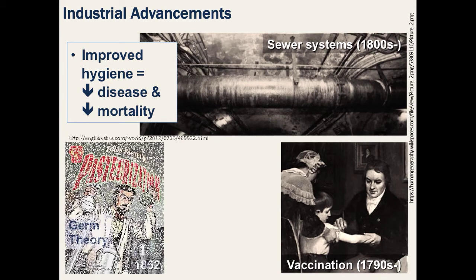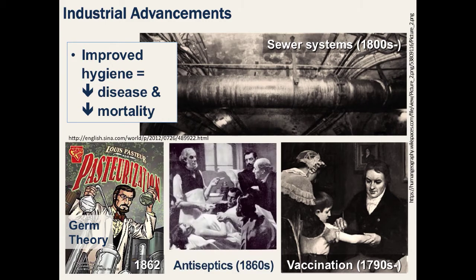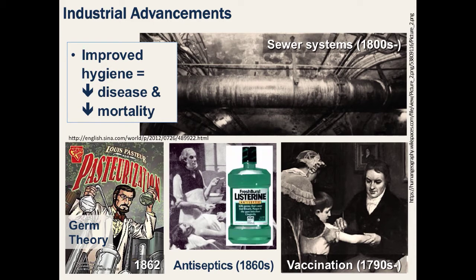And by the 1860s, Louis Pasteur discovered that boiling liquids made them much safer and prevented the spread of disease. This process of pasteurization helped bring about germ theory. The thought that we are made up of quadrillions of cells and that tiny microorganisms are what get you sick was a revolutionary realization that would lead to many other discoveries. One last innovation to mention are antiseptics, which are chemicals that kill microbes and prevent infection, first discovered by a surgeon named Joseph Lister. In fact, the eponymous product Listerine was named after him. These advancements, among others, reduced the diffusion of disease, concurrently reducing the rates of mortality.